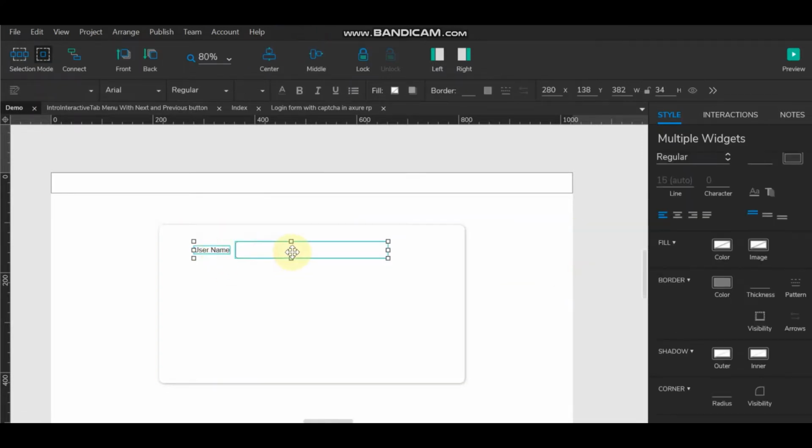So same way, this is username, then we can take the password,